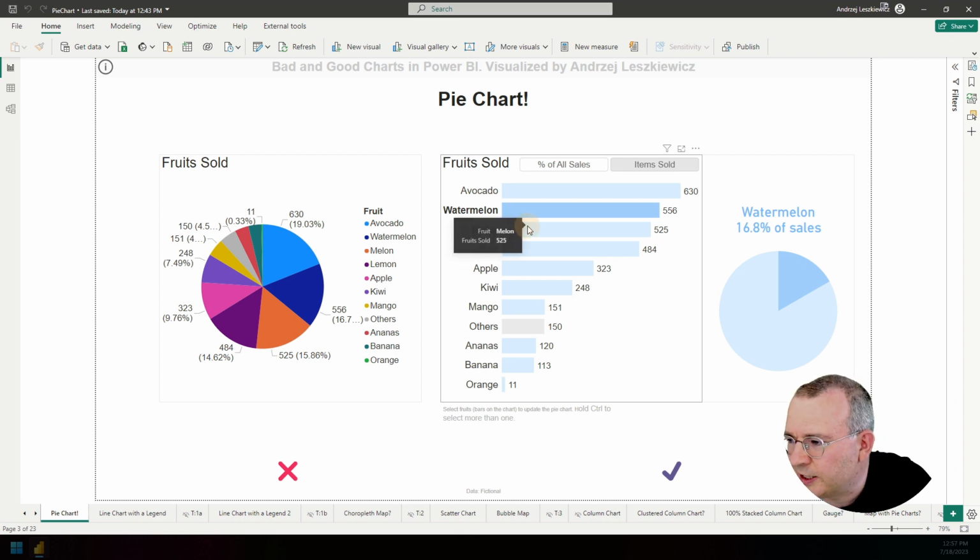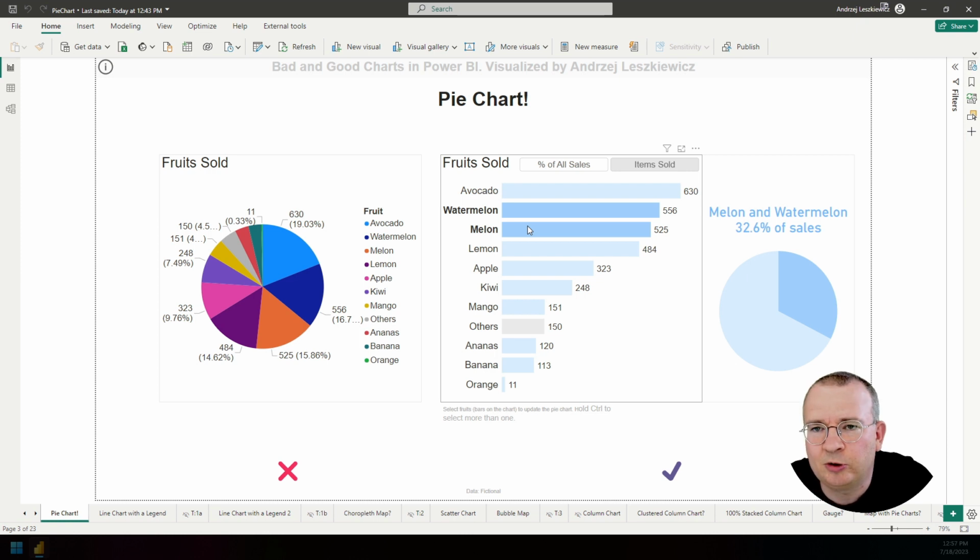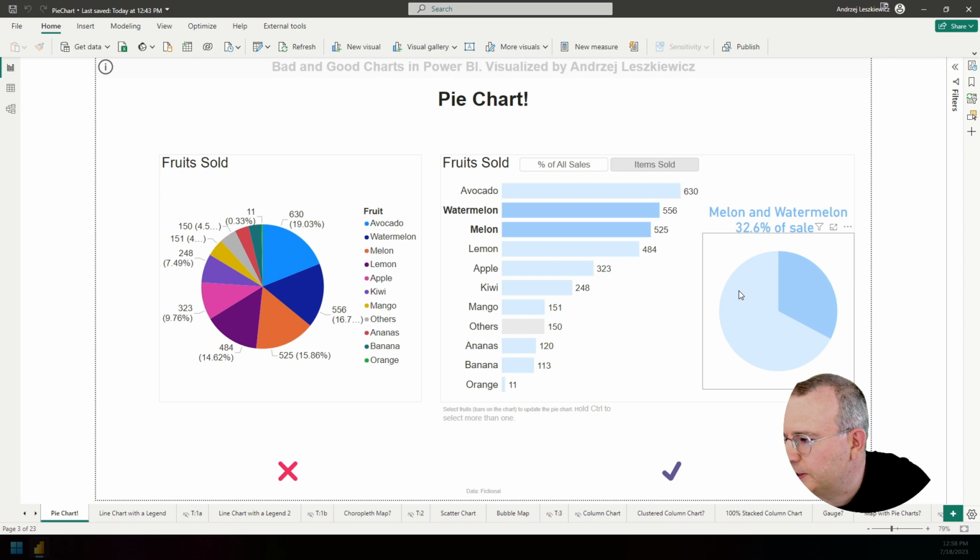But you also can use control to highlight two categories or more at the same time, and the pie chart shows consolidated sales for the selected fruit. So it's when pie charts become really useful, because it shows part of the whole just for what you are interested in, for what you selected on the bar chart.